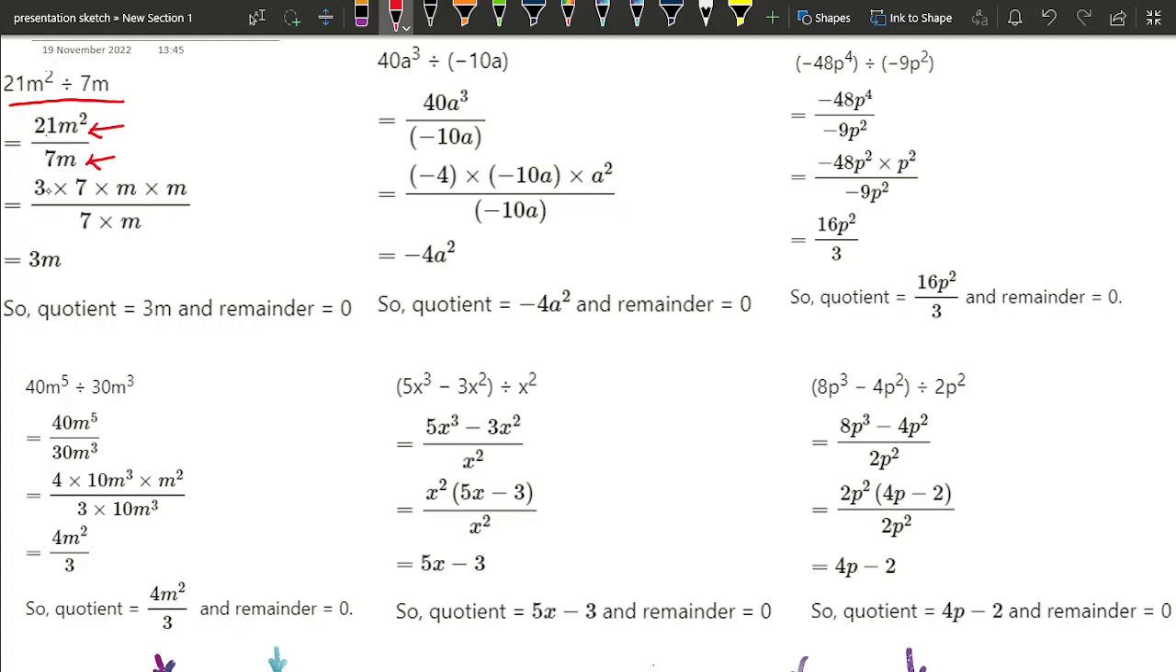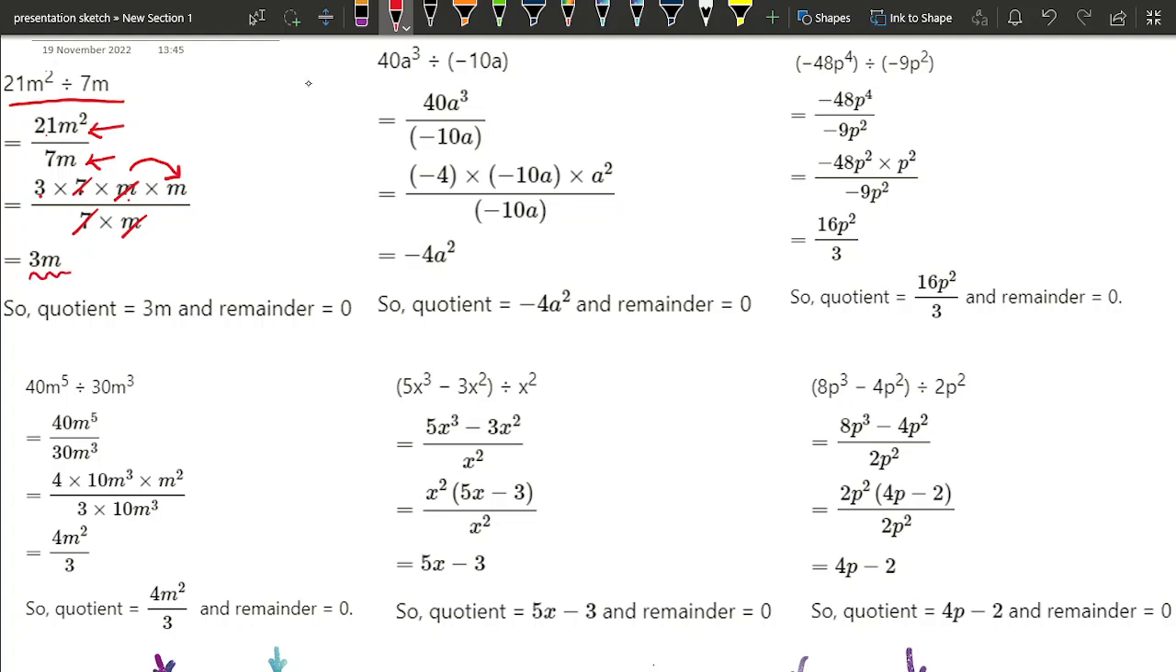split 21 into factors such as 3 into 7, isn't it? 7 threes are 21. Similarly, m square can be written as m into m, divided by 7m. Now you can clearly see all the factors so that you can cancel them. So 7 and 7 can be cancelled from both numerator and denominator. Then one more factor gets cancelled, m and m,